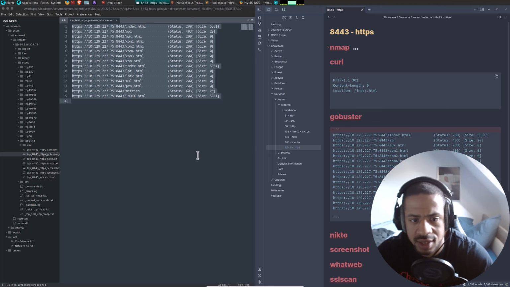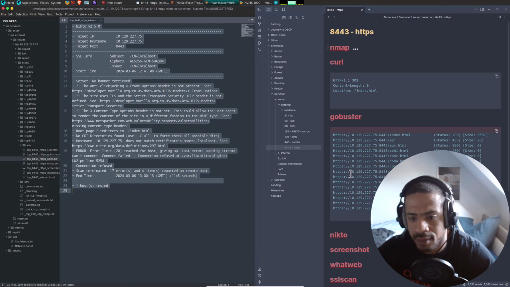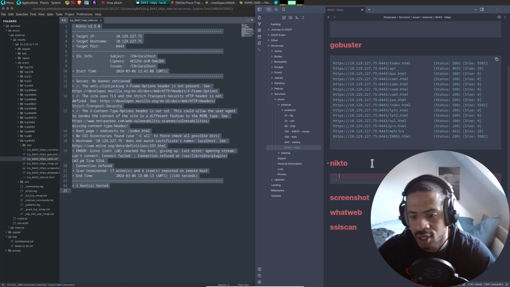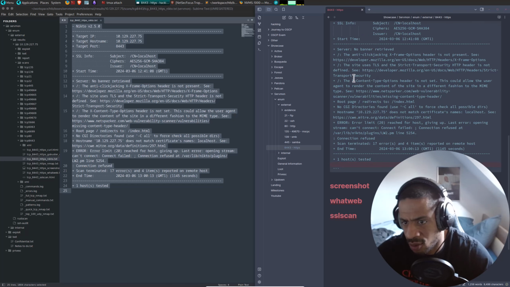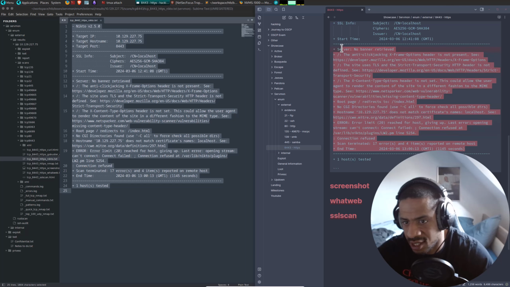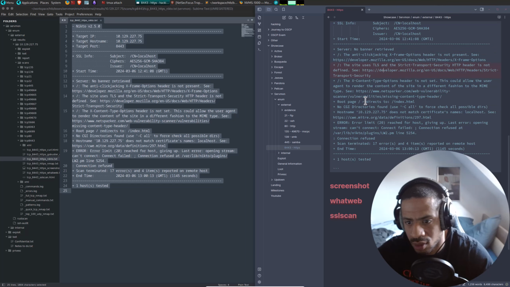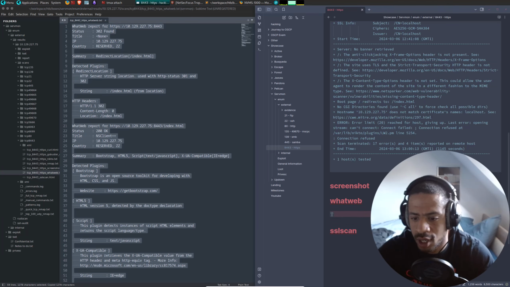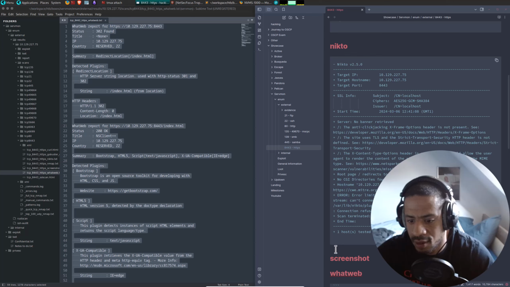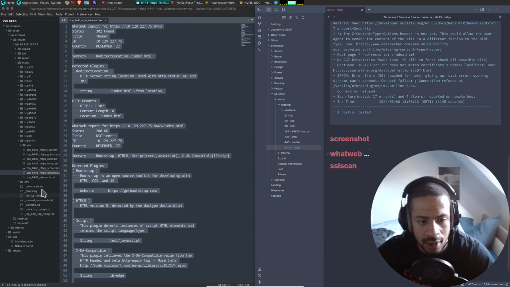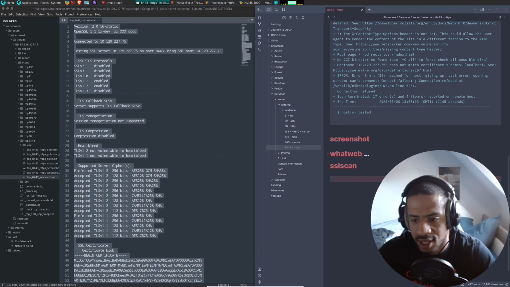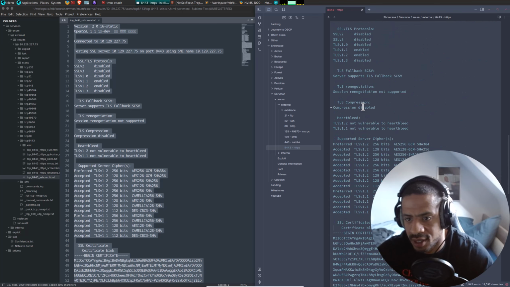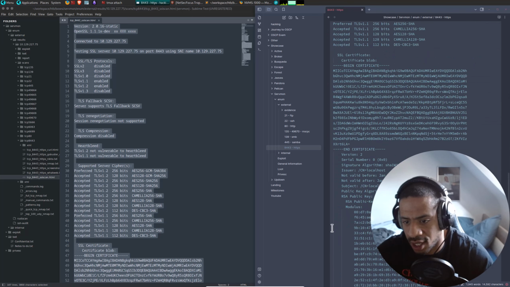Okay, makes sense. Nikto, what do we have in Nikto? This looks kind of standard. Nikto, when it doesn't find anything, these always show. It's everything is tried. So nothing in Nikto. The screenshot we will take ourselves. WhatWeb, paste that. And the SSL scan, we'll paste that too. So we got the certificate here,